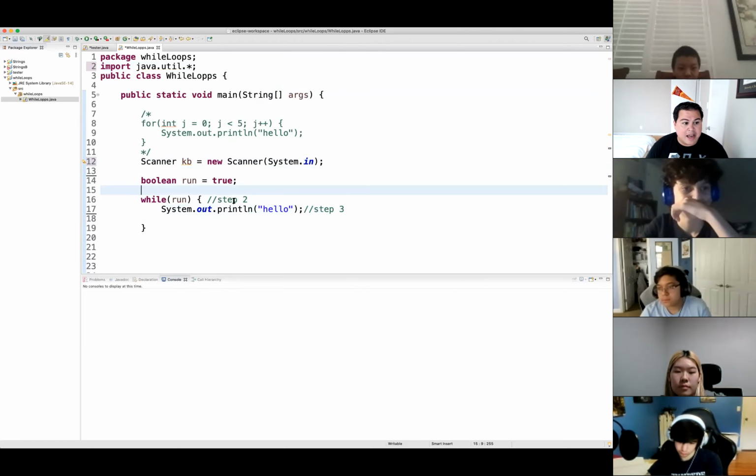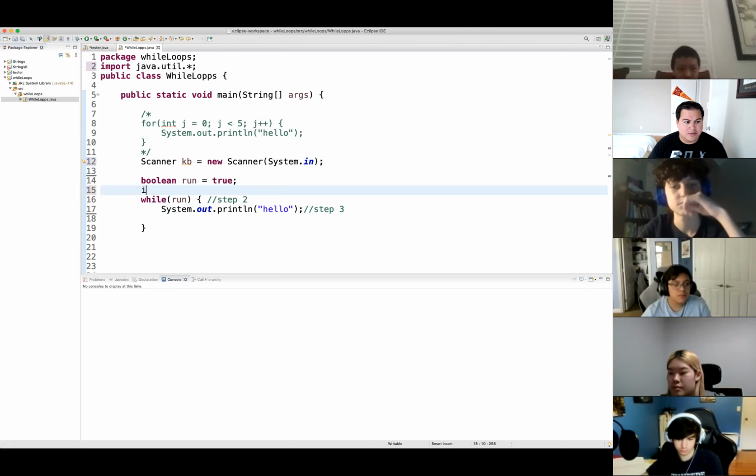So what I'm going to do is ask the user. Again, I'm going to add up all the numbers until they type in 0. So I'm adding something up. What do I need? A sum variable. Very good. So we're just going to call this sum equals 0.